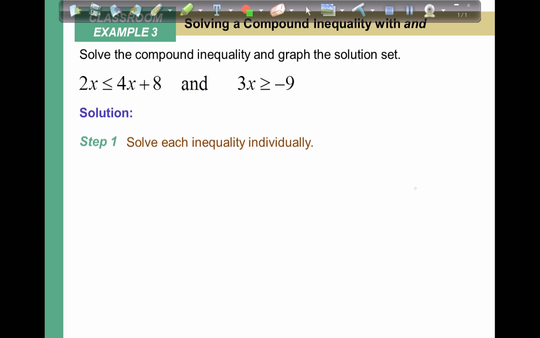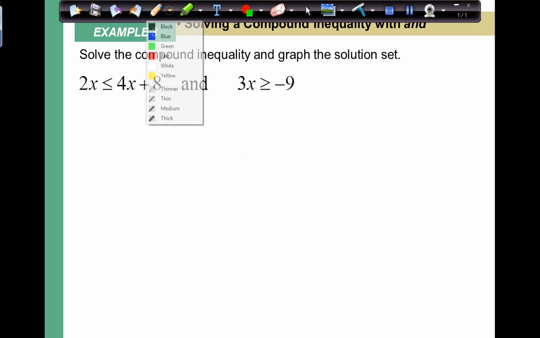Okay, in set notation, or actually this is in an inequality form. Let's say we have this inequality and this inequality. This means that x follows both conditions. Okay, "and" means both, so this would be an intersection. Okay, so let's look at the first one. We can solve for x. We'll subtract